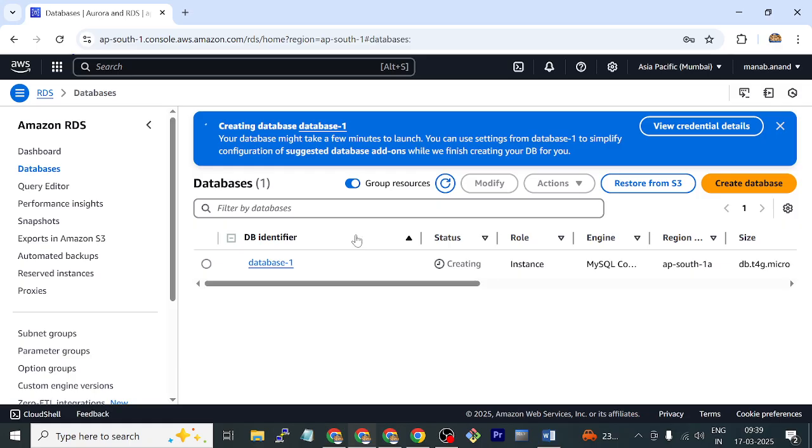So this database, it will take some time, let it be created, then I am going to show you how to connect it with the help of Workbench. I already downloaded and installed. You please download MySQL Workbench. I already showed you how to download, so it will take 2-3 minutes. Let it be, then I'm going to